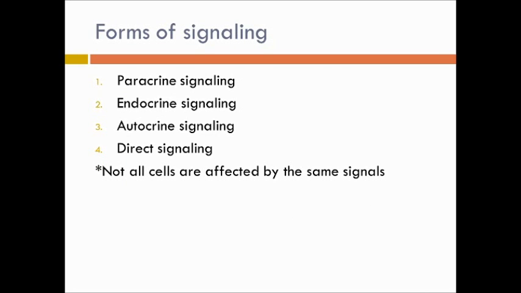There are four main types of signaling: paracrine, endocrine, autocrine, and direct signaling. And it's important to note that not all cells are affected by the same signals. They will definitely differ among different types of cells, among different types of tissues as well. And the main difference between these four types is the distance that the signal has to travel to reach the